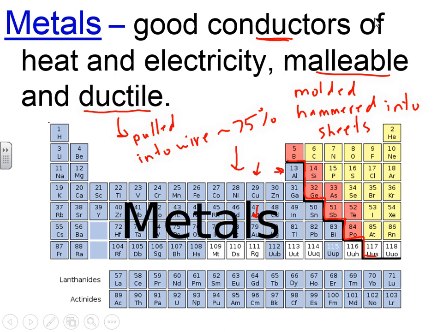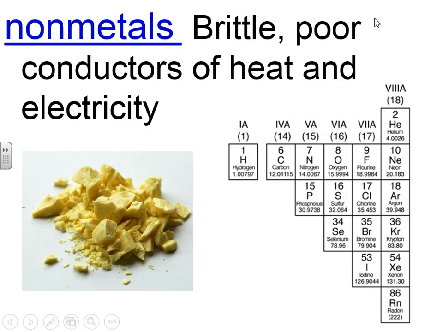The second section is nonmetals. There are less of these. They are listed to the right of the stairs, including hydrogen. Notice hydrogen is joining us here. Nonmetals are defined as being brittle. Brittle means they crush easily. So if you apply a hammer, for example, to a sample of sulfur, this is the element sulfur, it'll crush into little pieces. That's called brittle. They're also poor conductors of both heat and electricity.